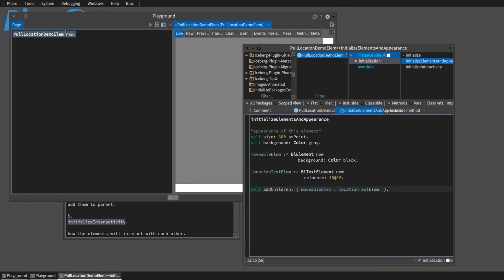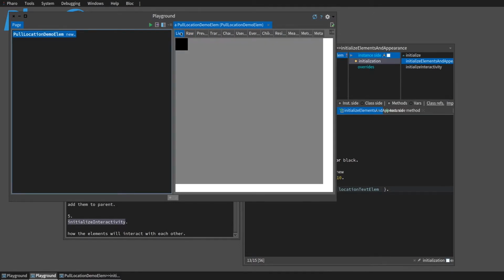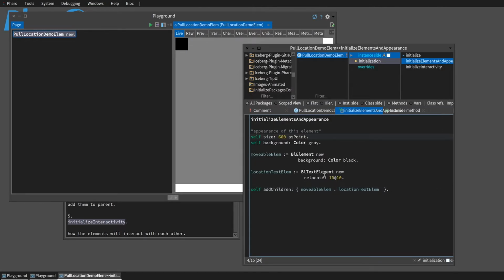So let's run this again. So you can see we have our black element right here, our movable element, and it doesn't move, obviously. And then also our text. We didn't give the text any text as initialization, so it shouldn't show up. But you can see that this is working. So next,